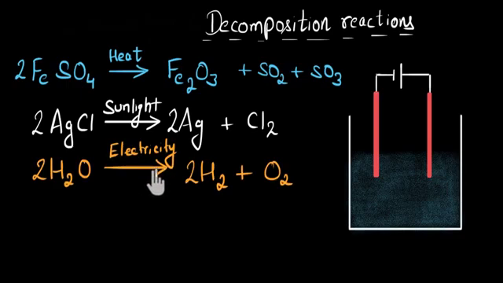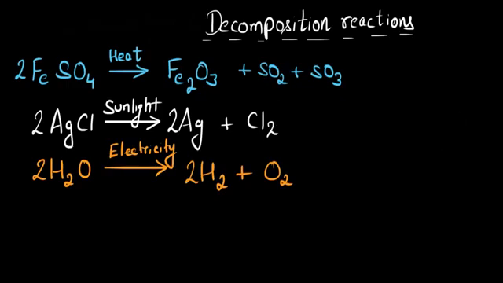So okay, now we have looked at some examples of decomposition reaction. In decomposition reaction, one big reactant breaks down or decomposes into multiple products. And generally, decomposition requires more energy. And such reactions that require more energy are called endothermic reactions. We'll talk about that later. Sometimes we give energy in terms of heat. And these decomposition reactions are given a special name. They are called thermal decomposition reaction because heat is involved over here.